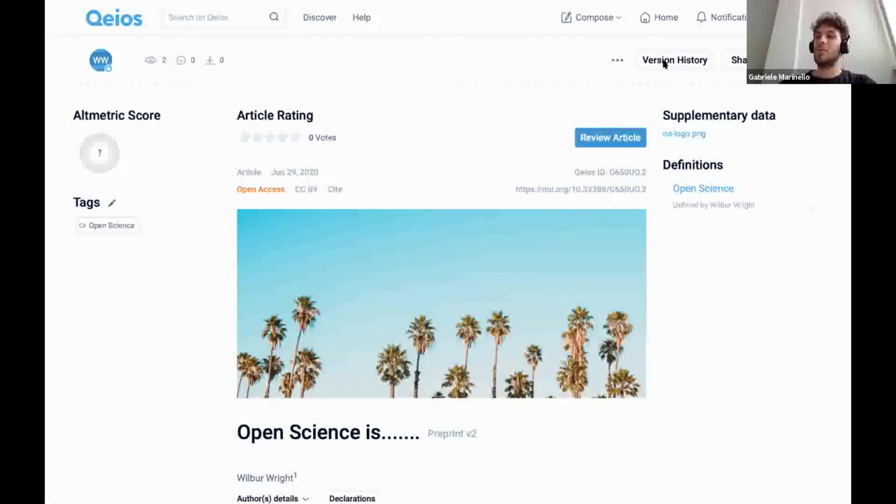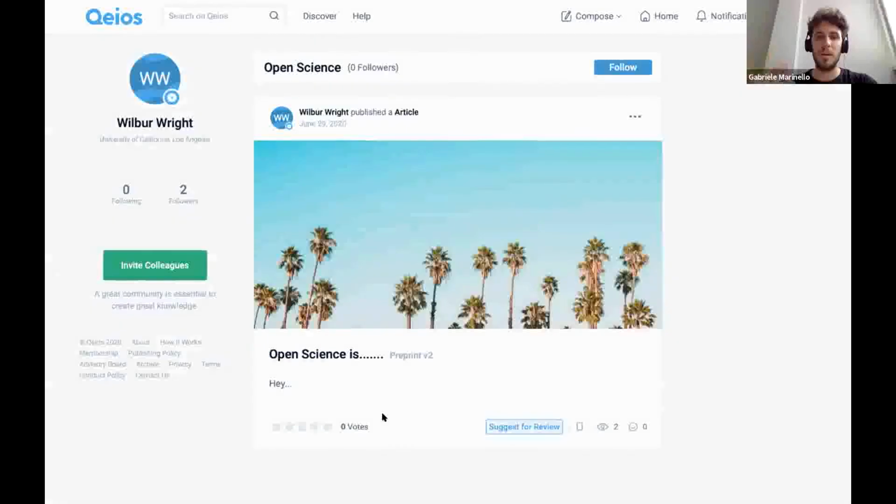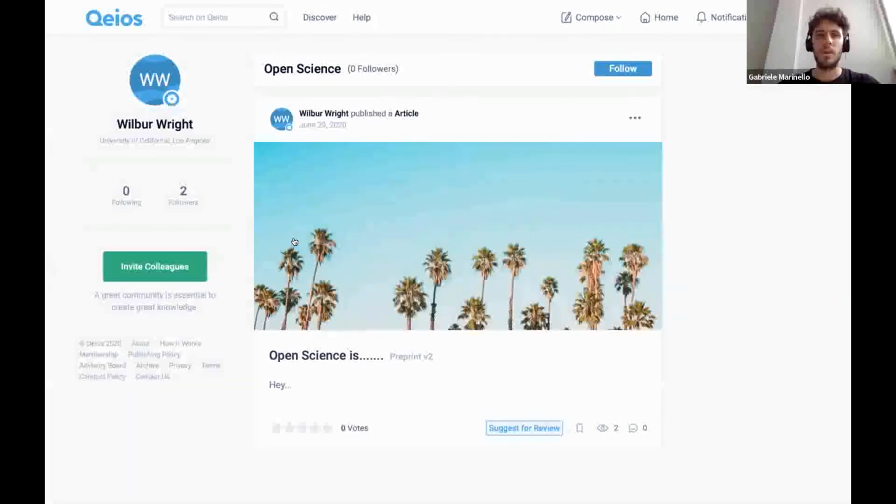Okay, you can definitely use the tagging system. You can create a tag with the name of the conference, and by pressing that tag, I can show you now, guys. By pressing that tag, in this case you just see this definition, but imagine that the results can be tons of definitions of open science, tons of articles regarding open science.